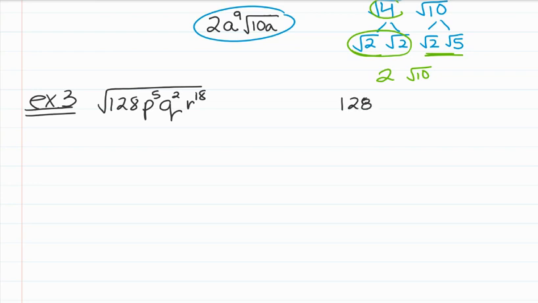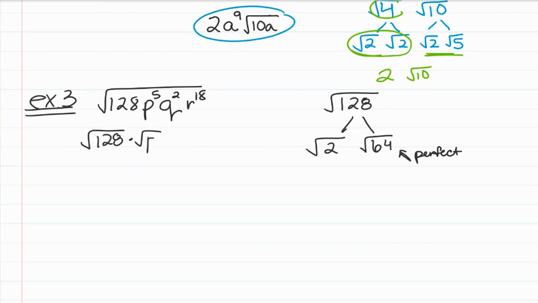This is purely based on math facts, what you know. If all else fails, we always know that an even number is divisible by 2. So 2 times 64 is 128. Now, if you know your perfect squares, you know that 64 is a perfect square. So right out of the gate,